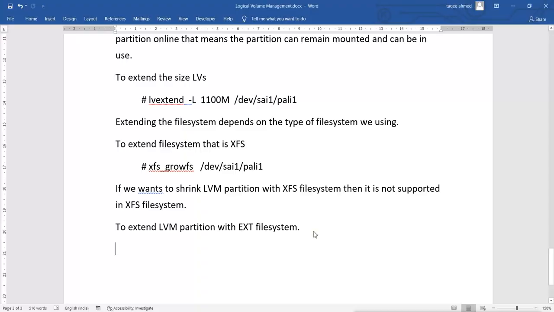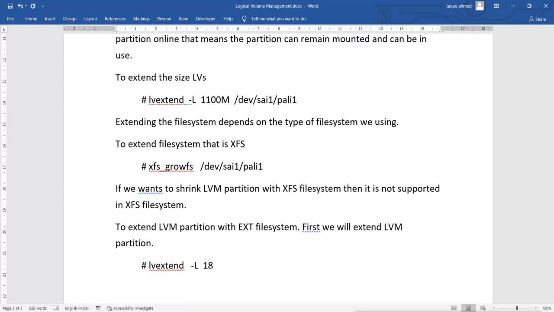So first we'll do what? First we will extend the LVM partition, and the command will be the same for that, and that is what? lvextend, and then the size with capital L, whatever the size you want.